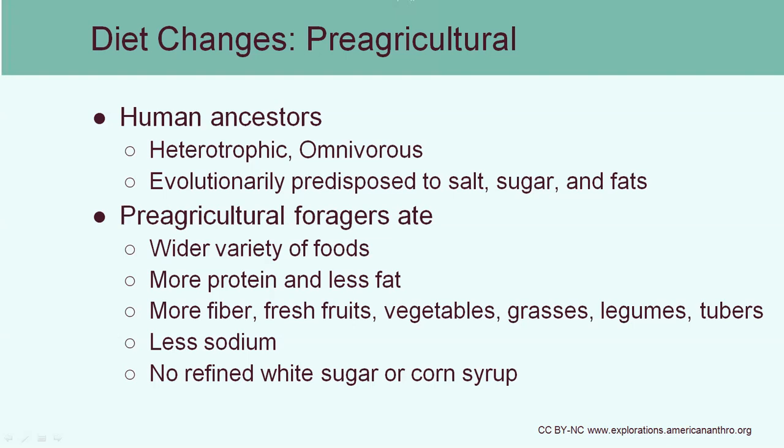Our modern domesticated animals have a lot higher concentration of fat because they're just sitting around on a farm, versus the wild game, which would have been herd animals that are moving around and therefore are very lean. We also would have had more fiber, which you can find in plant matter, and less sodium. As I said, they wouldn't have been adding salt to their diet. It would have been whatever is already found in the food. We also wouldn't have had any processed food or addition of things like corn syrup, which is basically sugar.